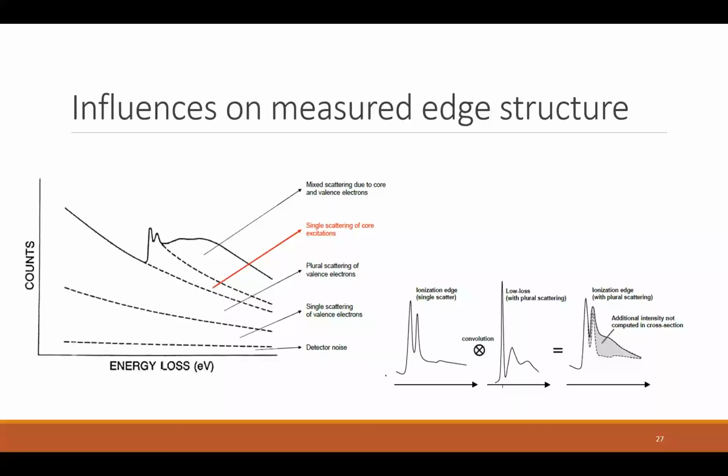Unfortunately, it's not quite that simple because we've got our low loss spectra to contend with too. Everything in the low loss is going to be superimposed on what we see on the core loss. Say we've got this cool edge here, which is the theoretical edge of a transition metal spectrum. What happens in reality is we get our plasmon peaks that I explained earlier, along with the zero loss peak. So we end up with this very blurred kind of spectrum in the end. We spend a lot of time trying to figure out how to deconvolve these. Fortunately, modern software allows us to do that as long as we collect the low loss and the high loss at the same time.